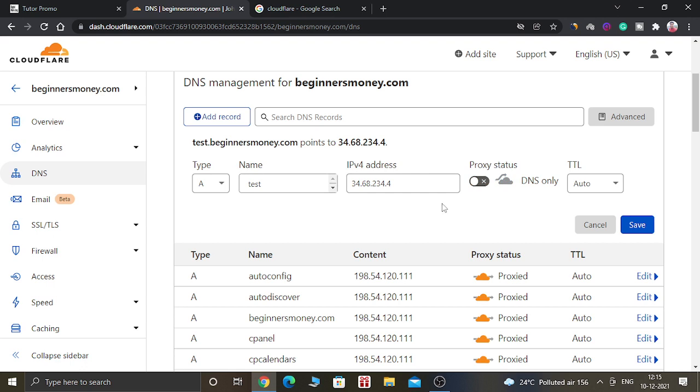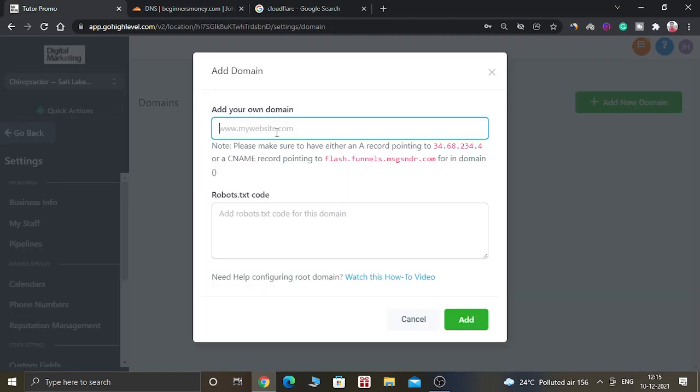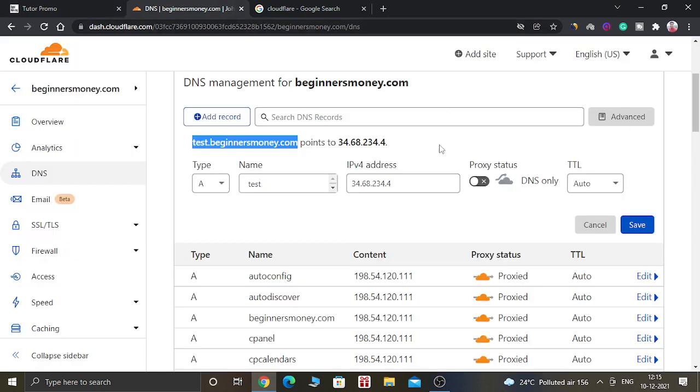Now copy this website domain and paste it inside the Go High Level domain name field. So I am creating a subdomain. Now save both of the options.